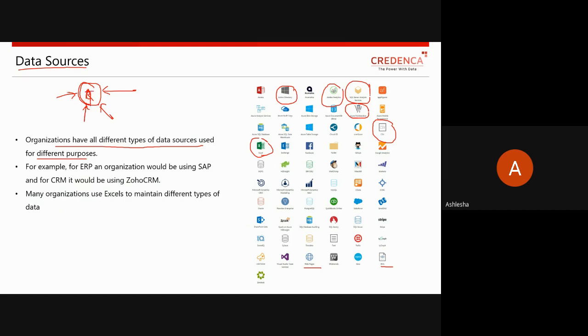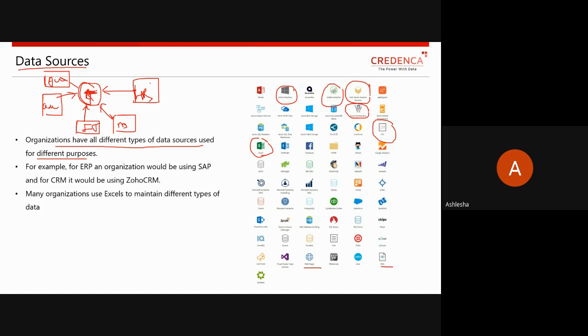Let's consider the example of Tata Group. There is a separate HR department, a separate marketing department, a separate IT department, an automobile department, then a separate admin department, everything. So under a single organization, a number of departments are working.